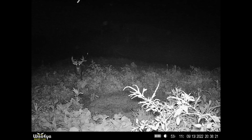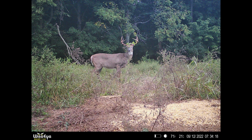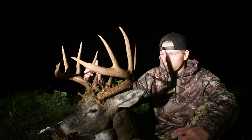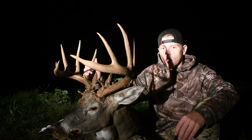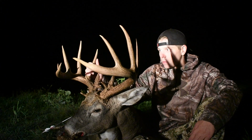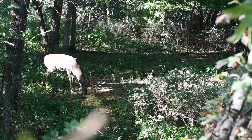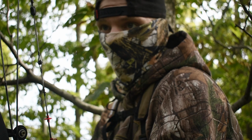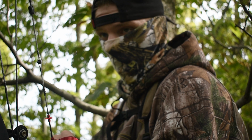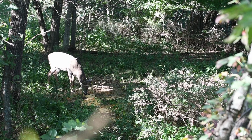I've been on this deer for probably about 60 hours in the stand this year, and it's about September 24th today, and finally got an arrow in this deer. I got my opportunity on him, and we switched up locations. We came in, hung the Lone Wolf stand, and lo and behold, he comes walking in like picture perfect, and he was on me from the start, but he just didn't know. He was interested in the little golden crow we had up in there for him,